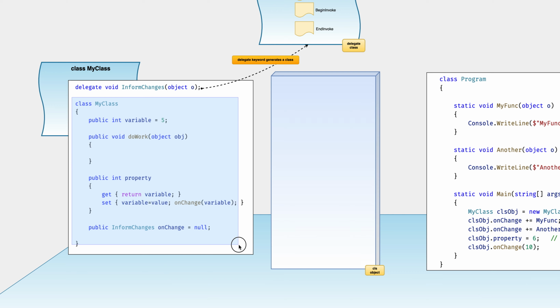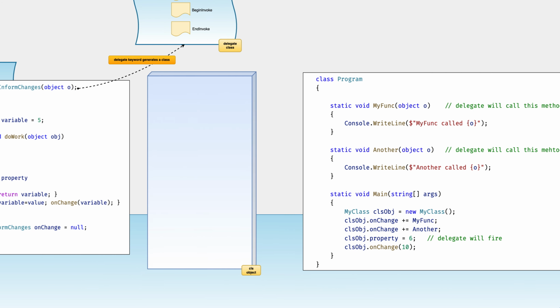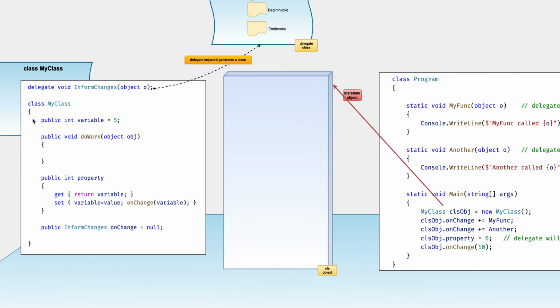This is my class which will hold the delegate object. So let's see the instantiation. We have created this object which contains a number of things inside: a variable, a function, a property, and an object of that delegate.